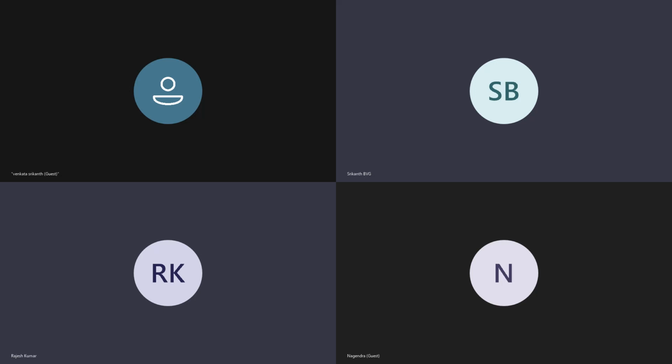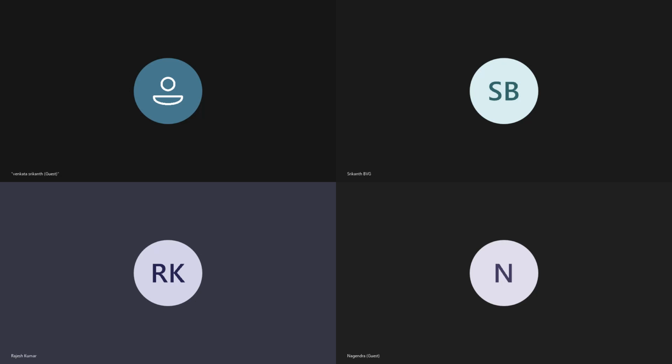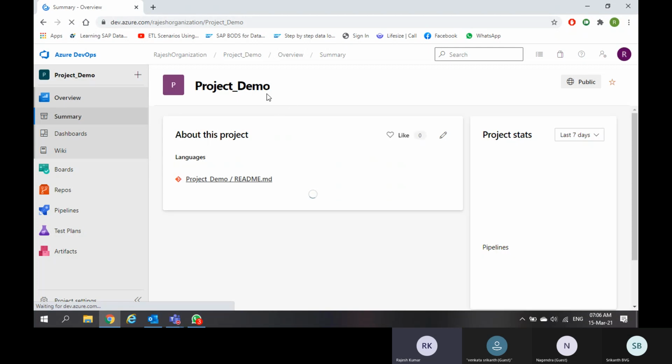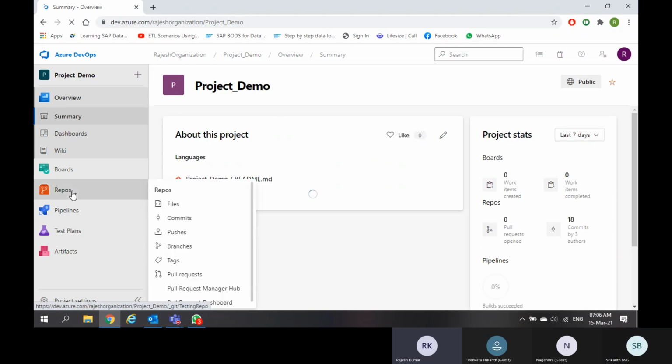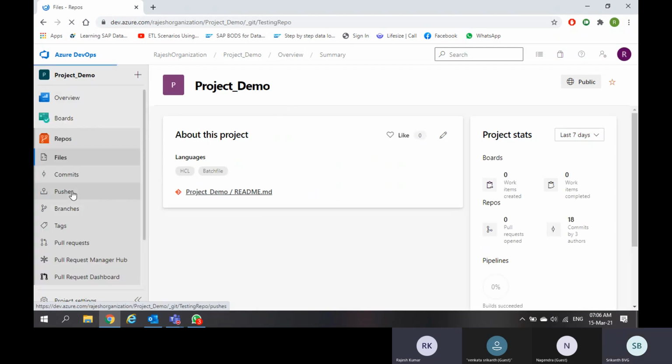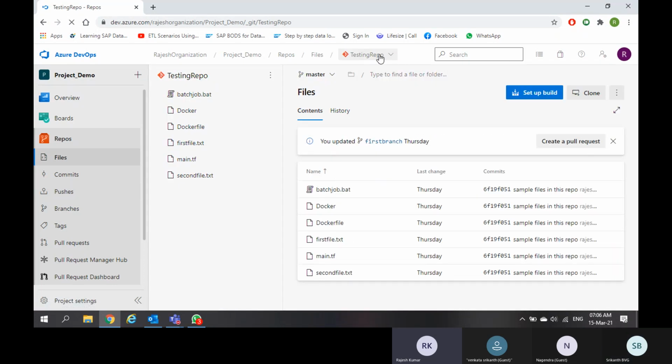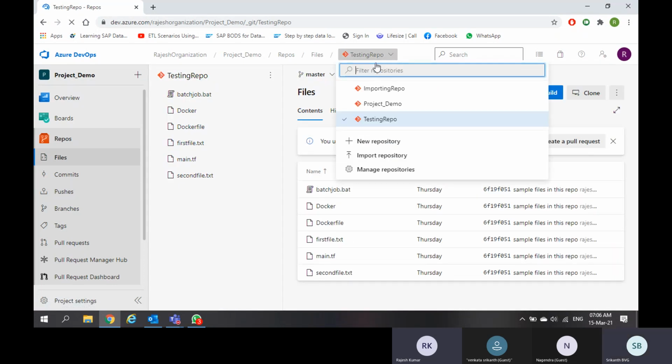In a real scenario, there are 4 ways to get your code into Azure Repos. It's not that you are pulling, pushing, and leaving out all the other options. But the moment a person asks you what are all the ways I can bring this code into my Azure Repos, there are 4.